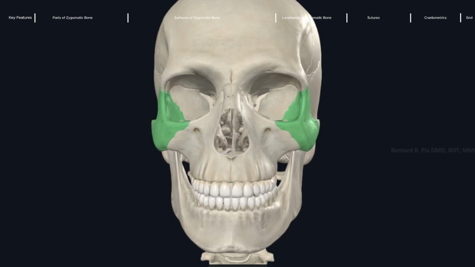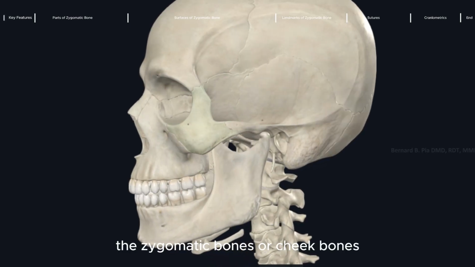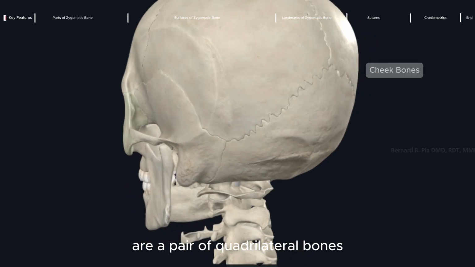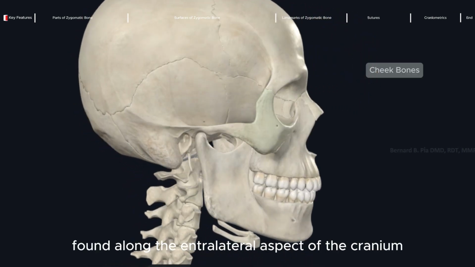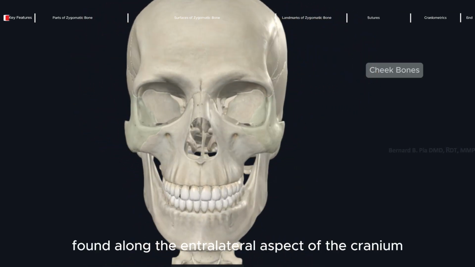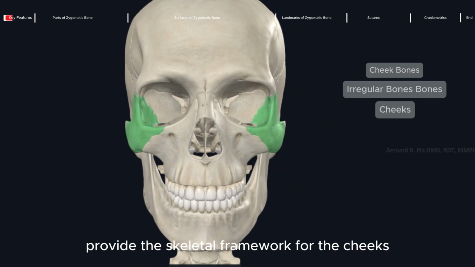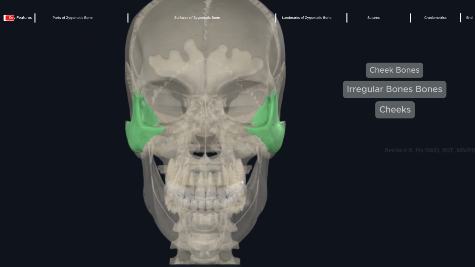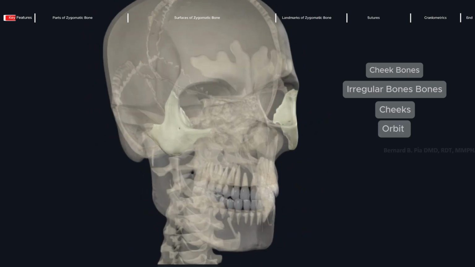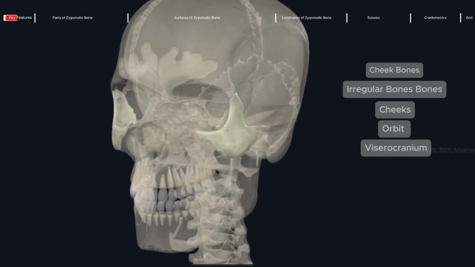Key features and anatomical relations. The zygomatic bones, or cheek bones, are a pair of quadrilateral bones found along the anterolateral aspect of the cranium. They are classified as irregular bones, provide the skeletal framework for the cheeks, and contribute to the formation of the orbits and viscerocranium. Each zygomatic bone articulates with the